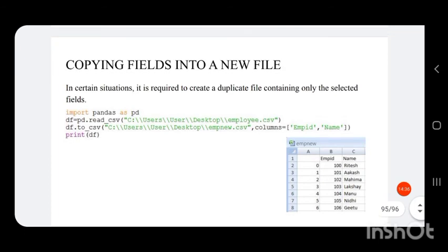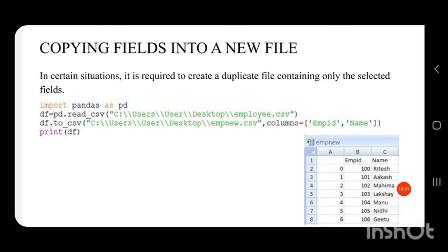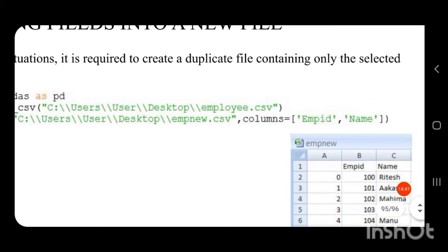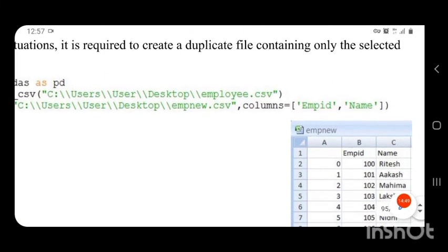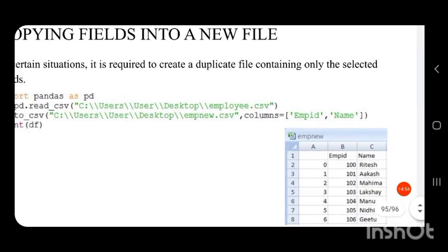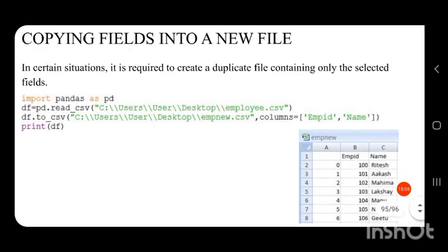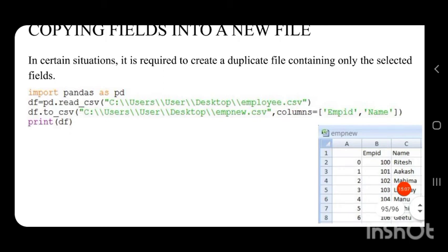In such cases, in the to_csv function we can specify a parameter called columns equal to the names of the columns which are to be displayed in the new CSV file. So here you can see the working of the program.